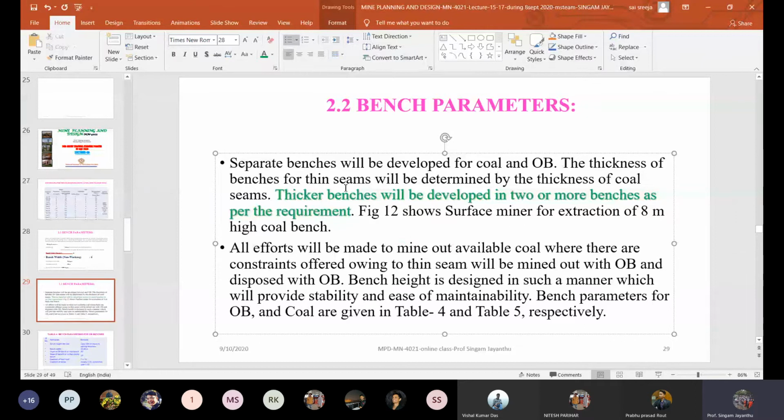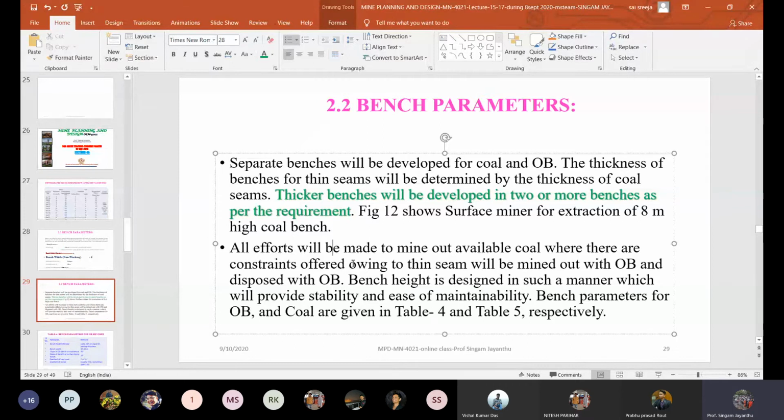And in the overburden and in the coal, when it is a thicker coal, like our NCL, the CMD there received a very good award, doing wonderful work taking care of COVID-19 issues in northern coal fields. Only yesterday, I saw a recent WhatsApp. I would like to bring it to you, my dear beloved students, so that you should be inspired by our super senior mining engineers, especially in India. So now, even an 8 meter high bench they are using at present. I already told you that even yesterday night, what work is going on, we have that information with us.